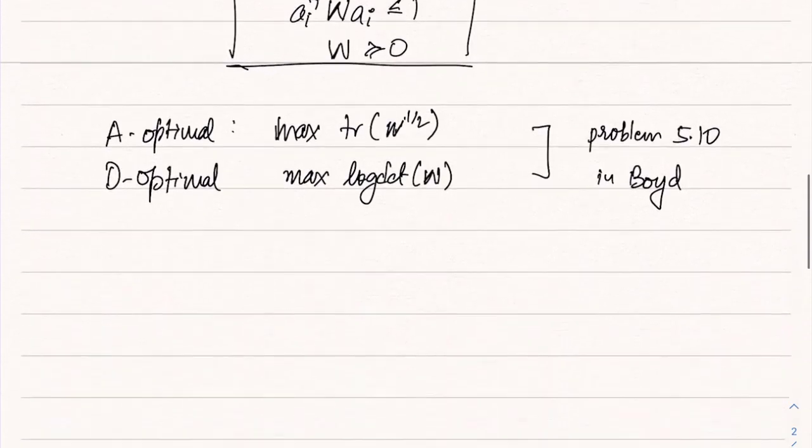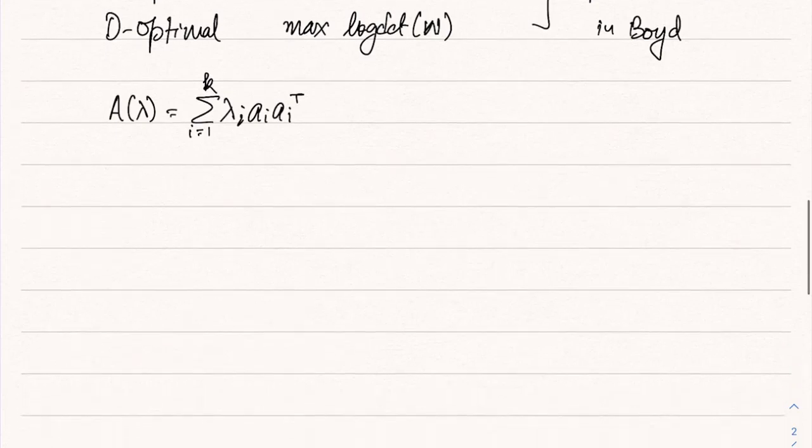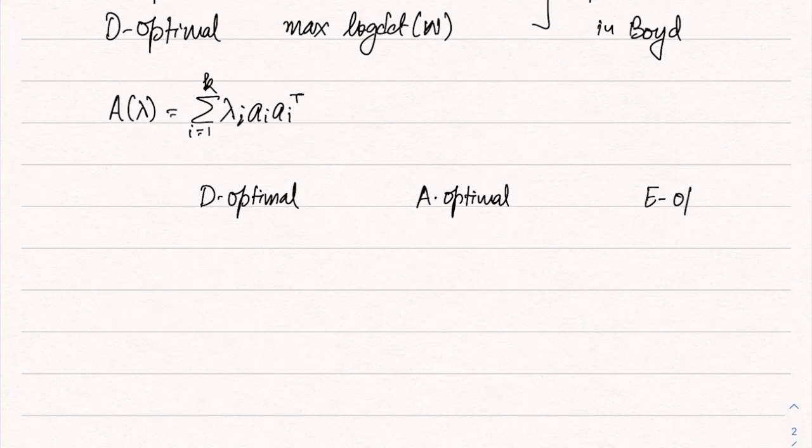So let us summarize our result. Let us summarize all three things that we have seen so far. Just let me remind you that A lambda is the summation of lambda i ai ai transpose, and the i indexes the locations, if you remember. We had the D-optimal, and then we had A-optimal, and then we had E-optimal. So the primal formulations were